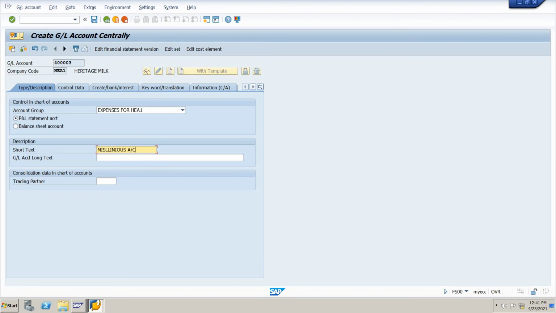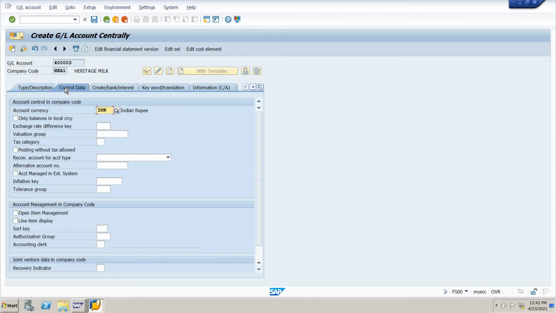This short text box takes a minimum of 1 character and a maximum of 20 characters. The GL account long text takes a minimum of 1 character and a maximum of 50 characters. So, miscellaneous account. This is our account group, profit and loss account, short text, long text.